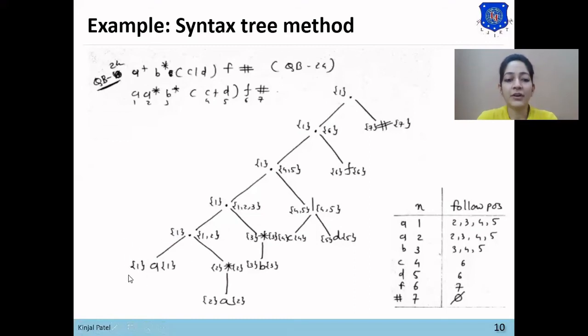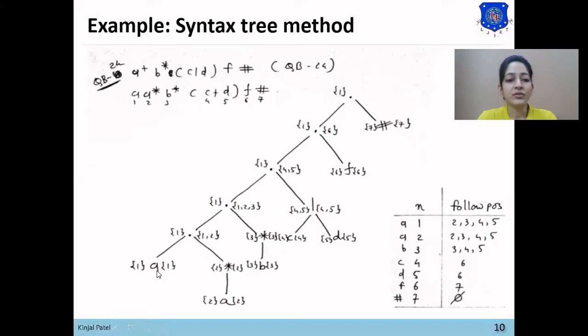So the first position of the child will be copied down in all the dots. So here for second dot, the first dot is C1 child. So the first of C1 will be added in first of this dot. Same way in all the dots, the first position of its child will be added.